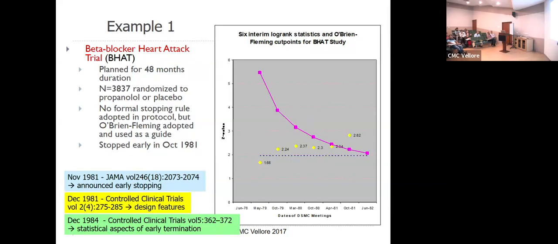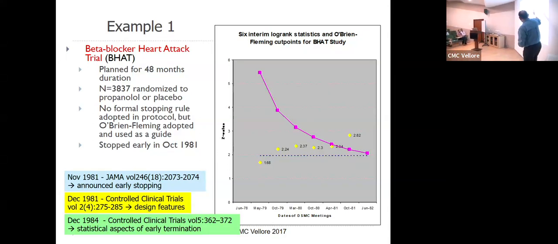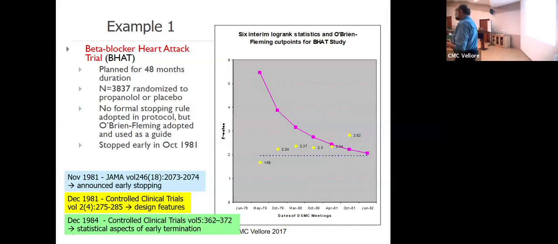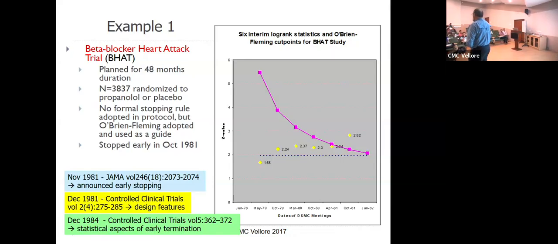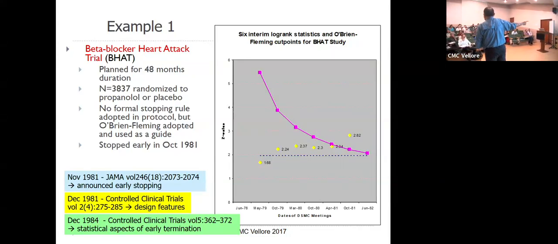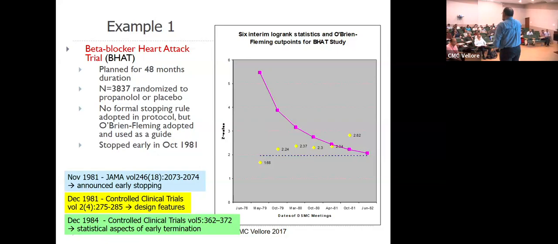Okay? But people were saying, you know, if I'm the spouse of the person who was getting, I think it was placebo versus a beta blocker, and my husband or my wife died of a heart attack for getting placebo, I would have been really upset. Why didn't you stop the study 2 years ago? My husband had a heart attack last year. And it could have been benefited if they had known the study had been reported earlier.